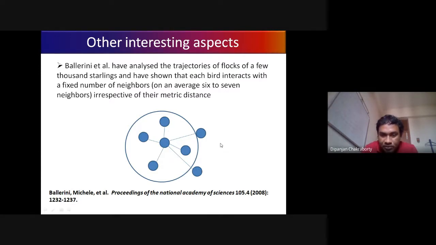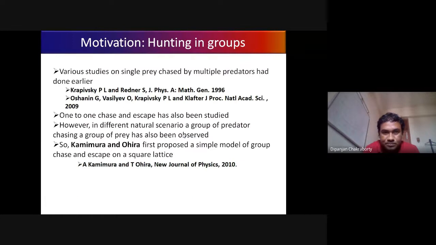But recently our group, ma'am and Vijay, has done work on topologically interacting birds, or topologically interacting particles. The ordered motion comes faster, or more efficiently, if the particles interact topologically. This paper will come shortly, in a few days. So in the next part of my talk, I'll go into the